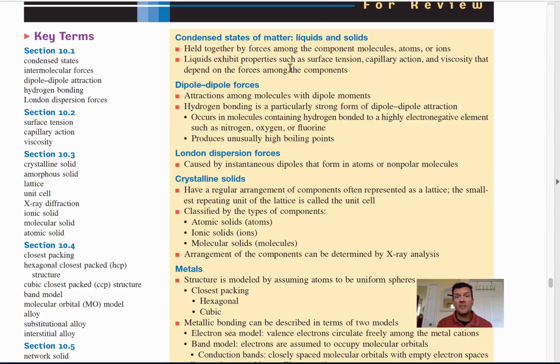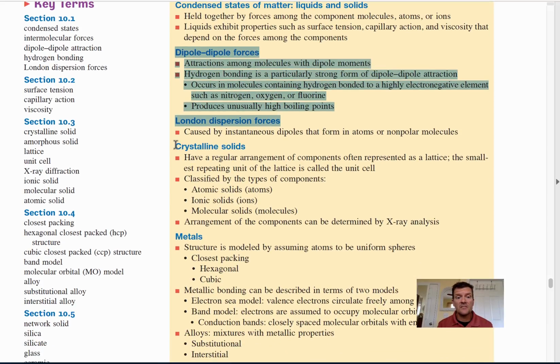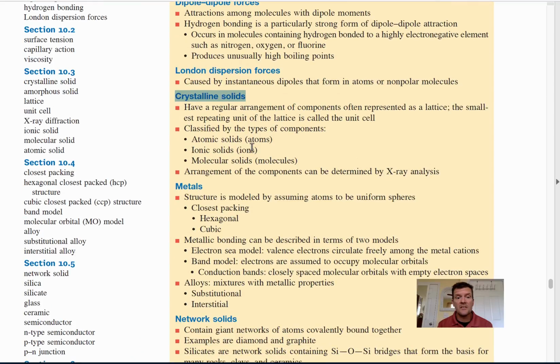And in this chapter, you're going to be looking at solids and liquids, or liquids and solids. Remember, we had a whole chapter that dealt just with gases. So now this chapter, chapter 10, you can be looking at liquids and solids. You're going to be looking at what are some of the properties of a liquid, properties of a solid, what makes them different. You're going to be looking at the forces that hold those liquids together, what attracts one liquid molecule to another. And you're going to be looking at different types of solids, crystalline solids, as well as